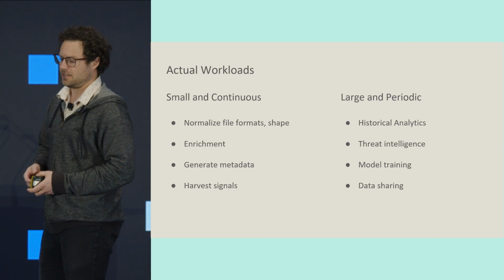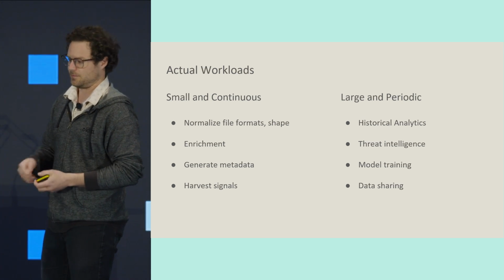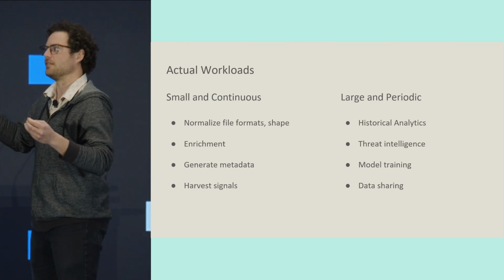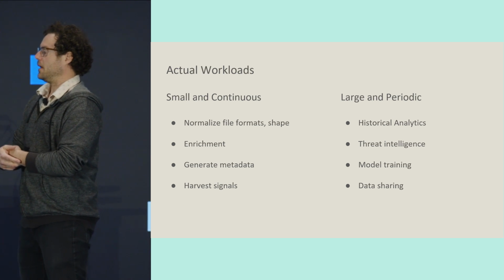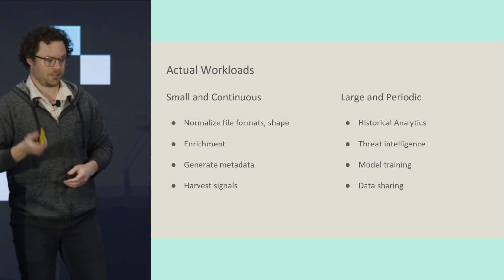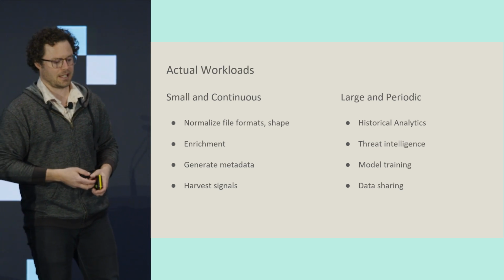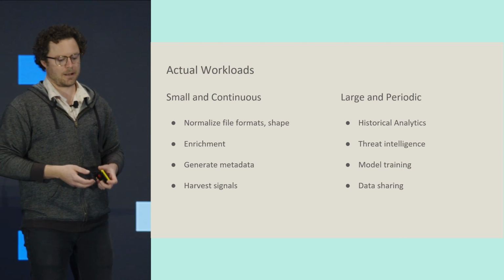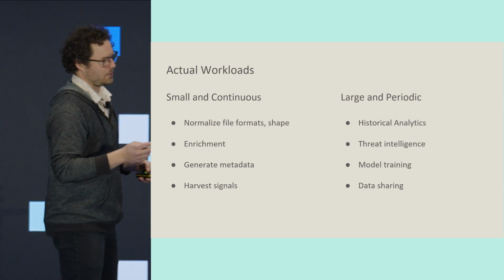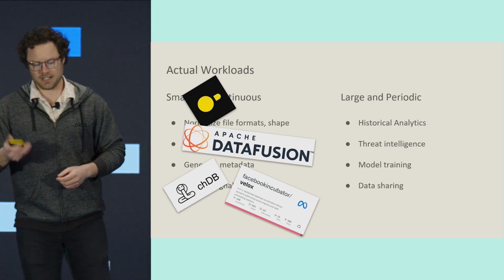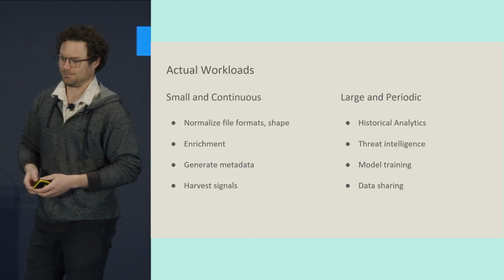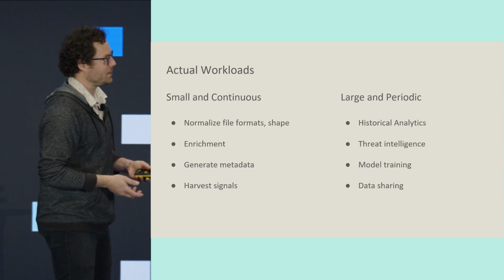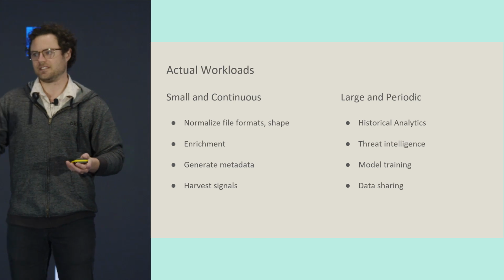So we basically took what we were doing, providing value, but obviously with the trade-off of being expensive or slow or whatever. And we looked at 2 of our primary workloads. The first workload is a small and continuous workflow. It's more like data streaming, whether Kinesis or Kafka, it doesn't really matter. Within this small and continuous workflow, what did we need to do? Well, we needed to consolidate and normalize incoming data. We wanted a similar shape, at least all snappy compressed Parquet, please. We wanted to do our enrichments there because it happens fast.